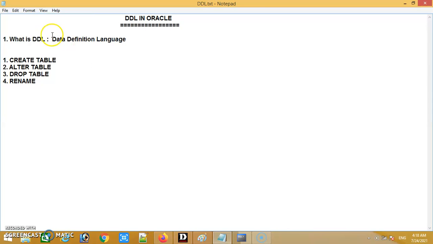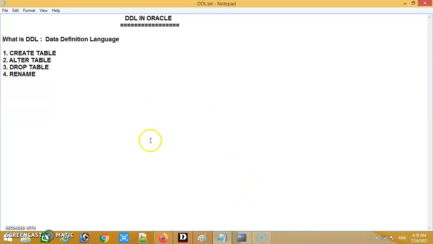These are SQL commands, and they are called DDL, or data definition language, because they define the structure in an Oracle database. I'll show you one by one how we can apply these SQL operations in our SQL environment with an Oracle database.